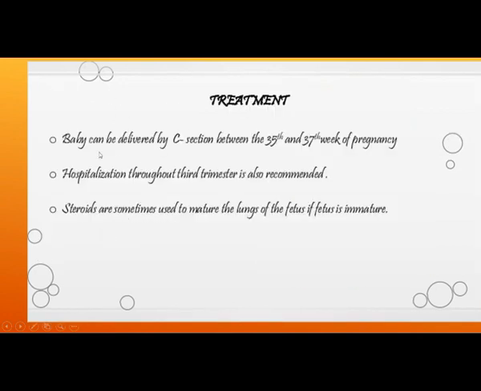And what is the treatment? The baby may be delivered by cesarean section between the 35th and 37th week of pregnancy. Hospitalization throughout the third trimester is also recommended. Steroids are sometimes used to mature the lungs of the fetus if the fetus is immature. After the scanning, if you find out that it is a vasa previa and the baby is not mature, then what we have to do? We